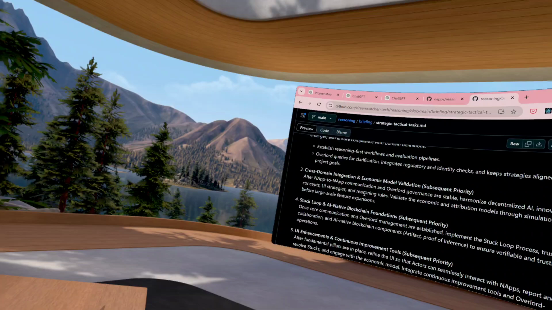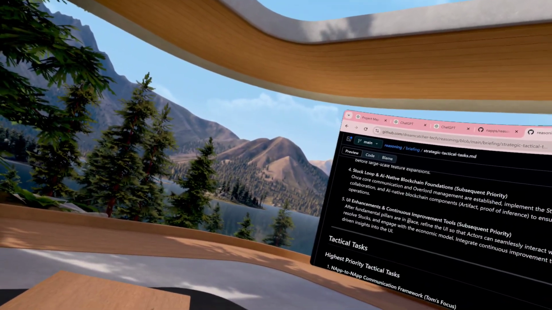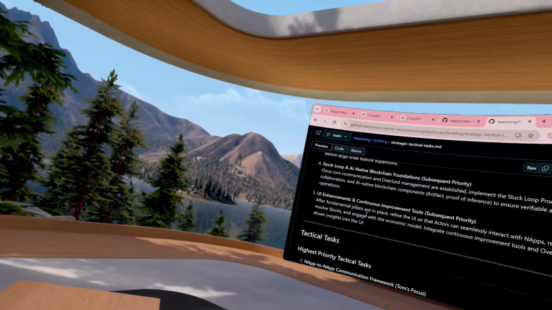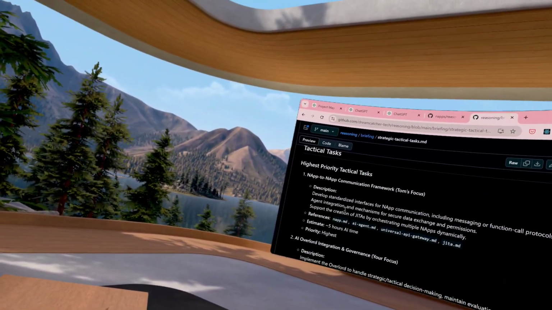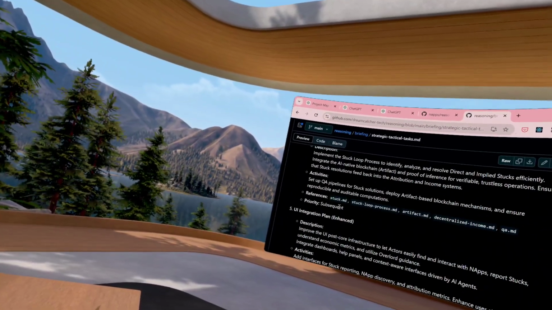So strategic, I don't care to debate that. I don't think it's going to make a difference. I disagree quite strongly on that one. I think you do need a task breakdown. Sure. So